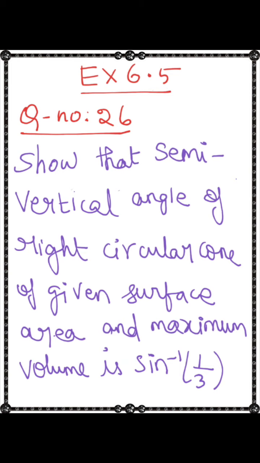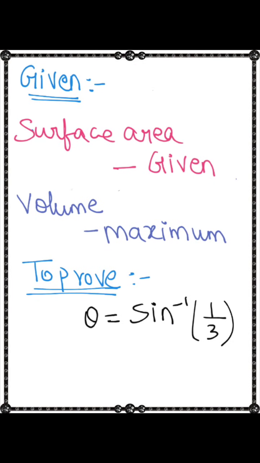Whatever it may be, the maximum or minimum term we have to note carefully. And the given can be the altitude or the slant height, whatever the question may be. So the given term in the question and the maximum or minimum, these two things are important. Next, as I already told, the given we will be equating to a constant. Here in this question, surface area is given. I have written this 'given' here for your understanding; it is not necessary to write it in your answer. So surface area we will be equating to a constant.